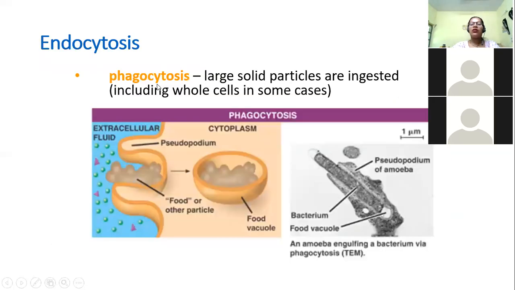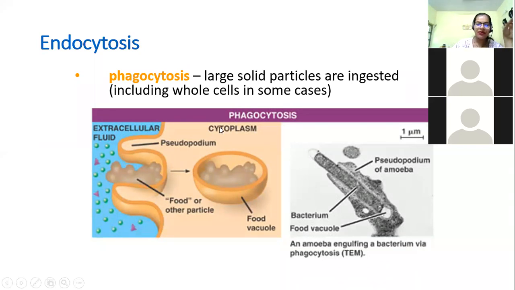Now you know about phagocytosis and pinocytosis. Phagocytosis is where you actually ingest solid particles, so the entire thing will be taken inside. For example, mainly we see phagocytosis in the case of macrophages. Whenever there is a bacterial attack or any wound, we know that the chances of bacterial infection are high. So all these defense cells like macrophages come near to the wound area and start acting. Now how do macrophages act? By engulfing the entire bacteria. And in this case, it is phagocytosis.